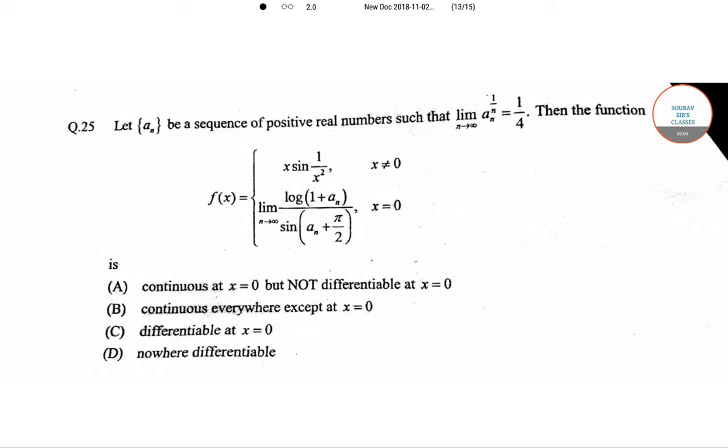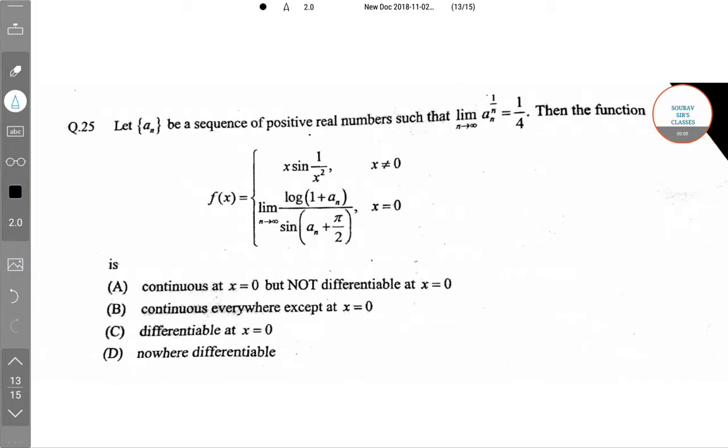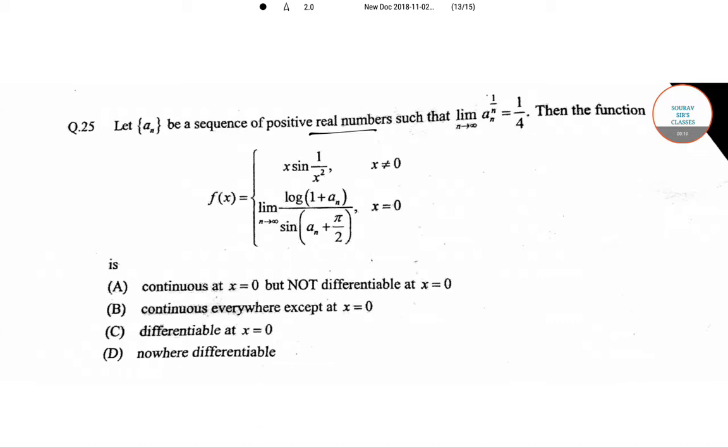The question is: let a_n be a sequence of positive real numbers such that the limit as n tends to infinity of a_n to the power 1 by n is equal to 1 by 4. Then the function f(x) is equal to x sine 1 by x squared where x is not equal to 0, and 0 at x is equal to 0. The limit as n tends to infinity of log(1 plus a_n) by sine(a_n plus pi by 2) is,